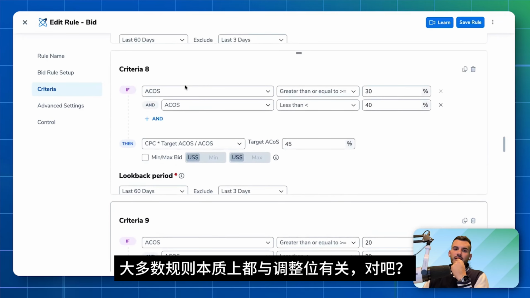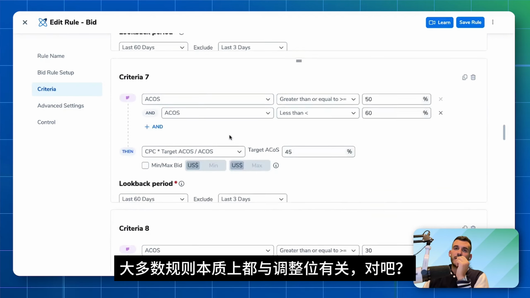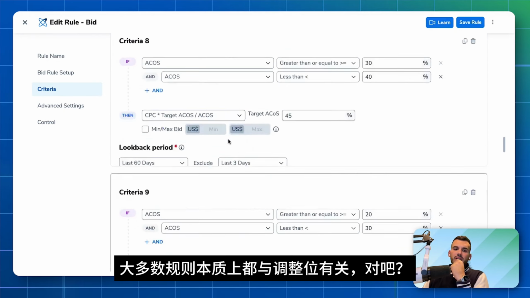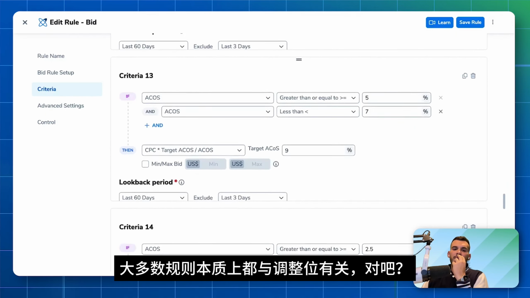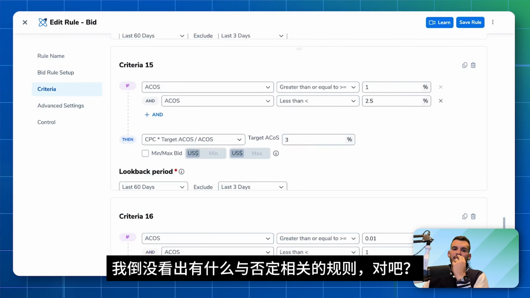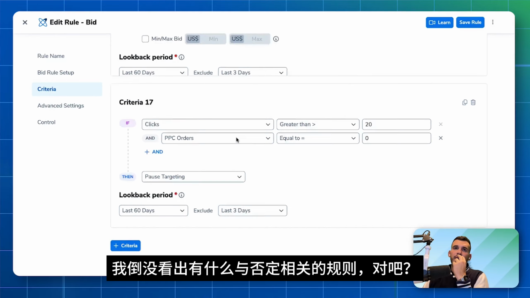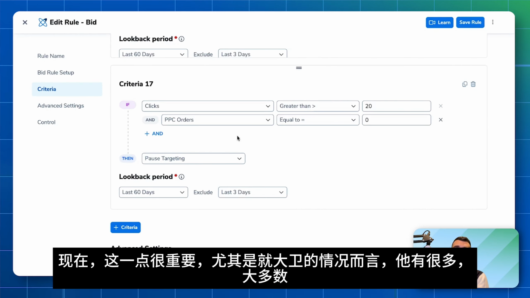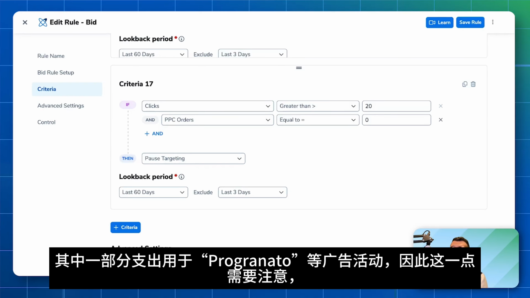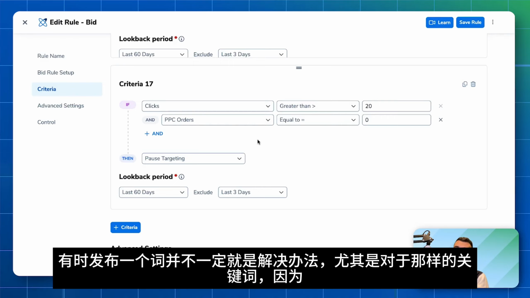Another thing, going back to the rules, is that I see that most of the rules have to do with adjusting bids, right? But I don't necessarily see rules that have to do with negation. Now, this is important, especially because in the case of David, most of the spend was happening on campaigns such as Broad and Auto. So something to be mindful of is that sometimes pausing a term is not the only solution, especially on keywords like that,